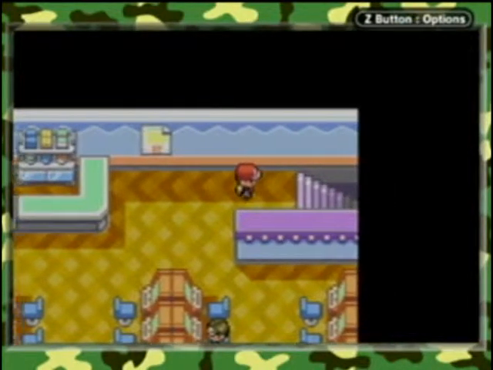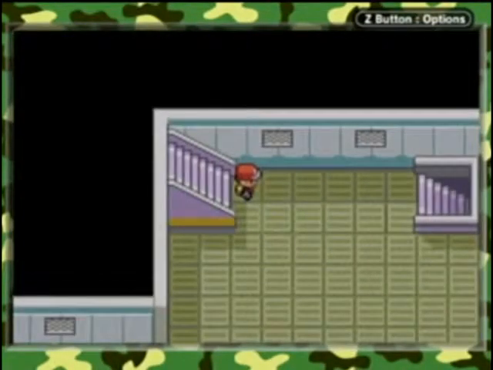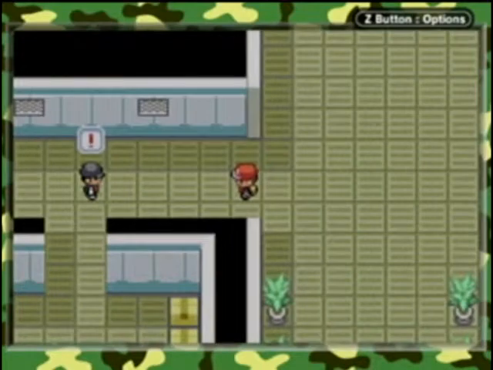In this episode, we are going to go down into this Team Rocket hideout in search of the Silph Scope. Plus, it's Team Rocket, so I mean, like,